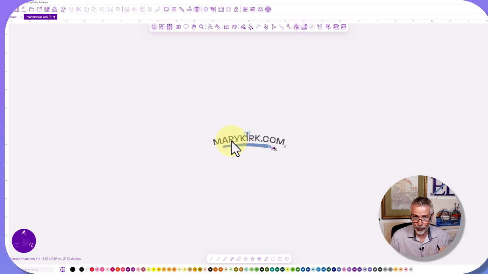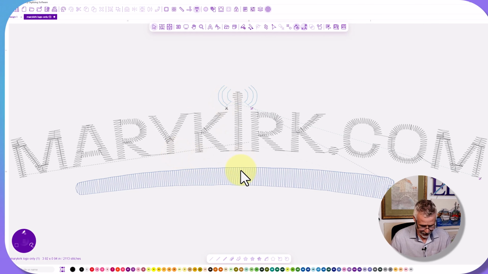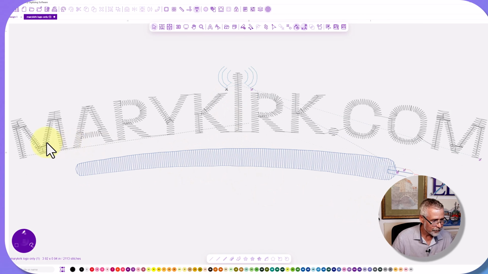But I'm going to try, because that does require more digitizing, to join these at the closest point. And looking at the design the way it was, I do have a little trick that should help us to make it a little bit cleaner. So when I look at this, and let's just pan up a little bit so that my face is out of the way here, I'm going to go through each of the letters and fix the little mistakes that I see and explain as I go along. And then we'll add some underlay to this because I don't see the adequate underlay needed for this design. But I'll try to make all of these connecting stitches disappear a little bit just using the editing tools within the software. So logically, I'm going to start at the beginning, and let's just pan over here and